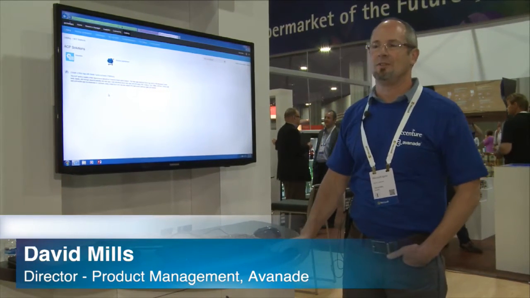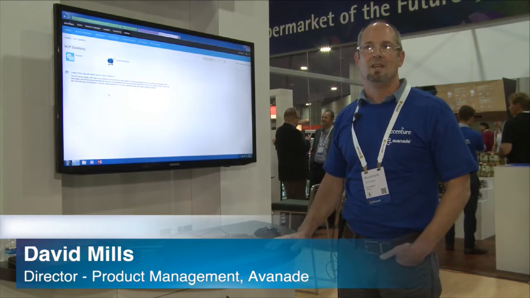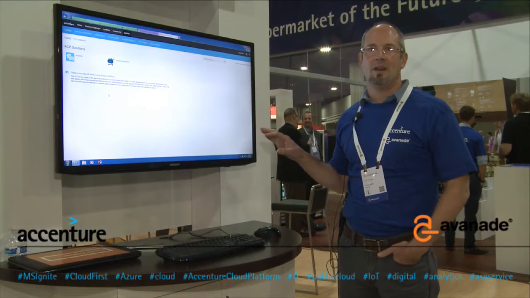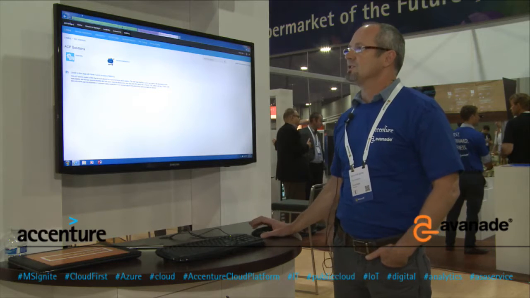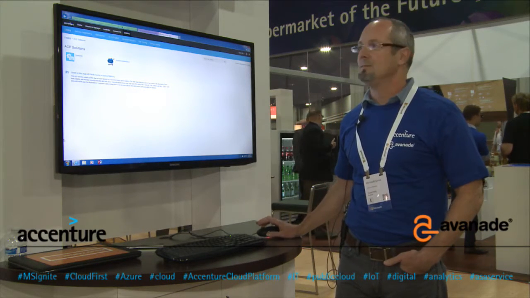I wanted to share with you one of the platforms that we work on. It's called the Accenture Cloud Platform, and it's really a portal that we've built to help better manage all of our clients' cloud resources. One of the features that we built in is something called a Cloud Service Publishing Wizard, where we can